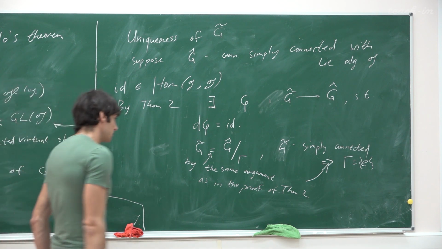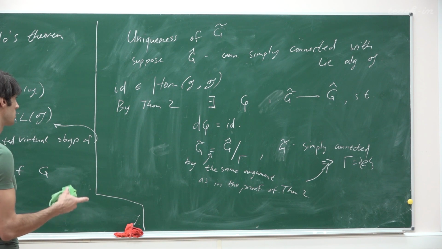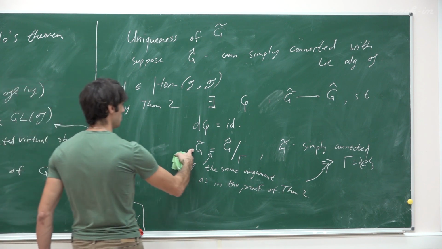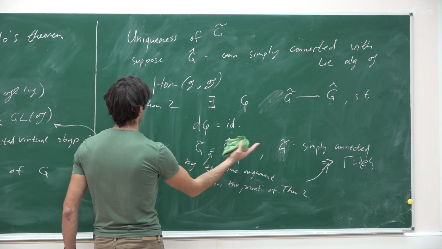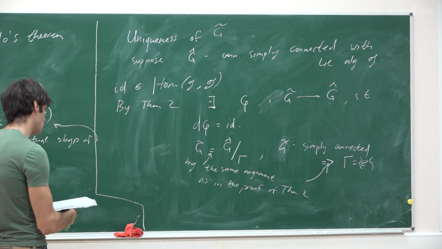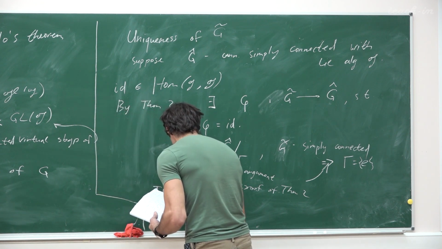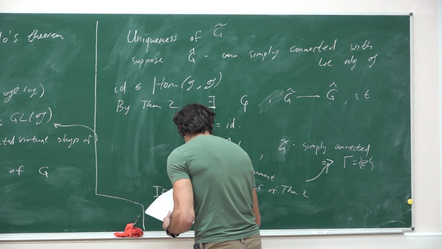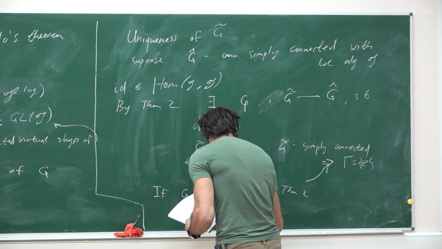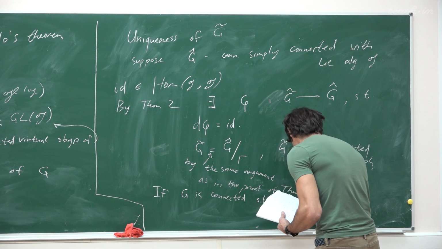Okay. Very well. So this means what? That G tilde is isomorphic to G hat, so it's a uniqueness now. And then, if G is finally connected such that its Lie algebra is g,